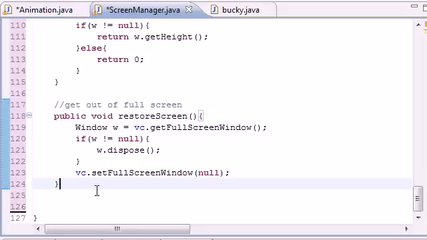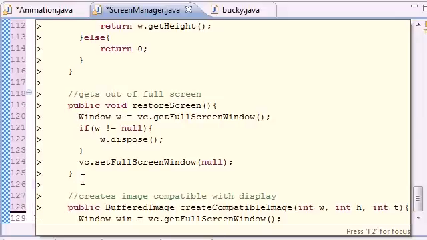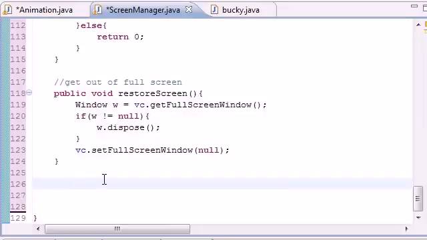So that was easy enough. We learned about that about 10 tutorials ago, but I just thought I'd refresh your memory. And now I have one more method to build in this class, and that's to make an image compatible with the display. But it's a little lengthy for the time we have left. So I just want to take the time we have left to thank you guys, and tell you to watch my next tutorial, because we're going to be finally finishing this class and moving on to